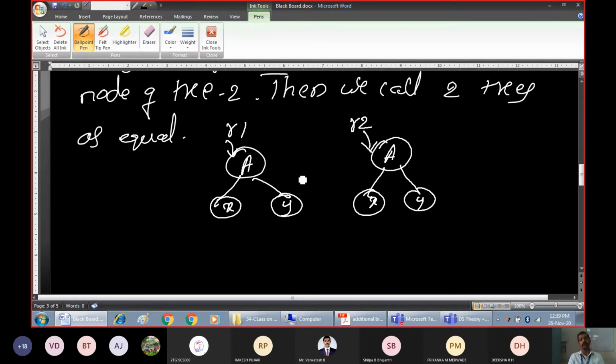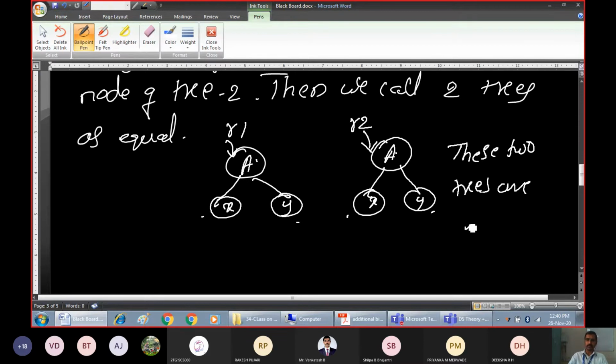Now when you compare the corresponding nodes, the root nodes are equal, the left subtrees are equal, and the right subtrees are equal. So when we compare such trees, their corresponding nodes are equal and we call these two trees equal trees. These two trees are equal.